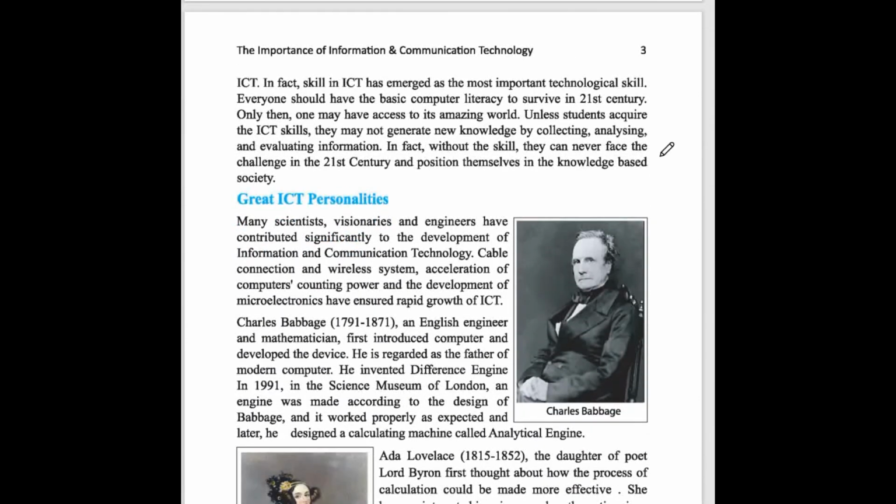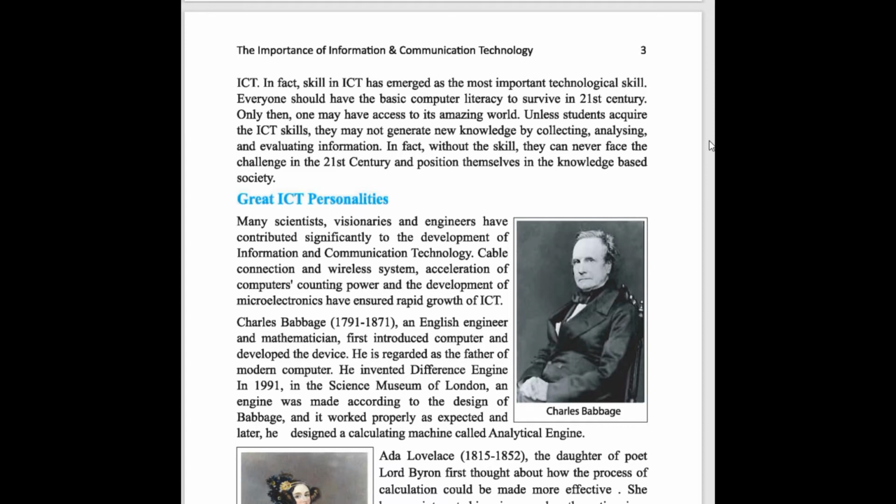In fact, skill in ICT has emerged as the most important technology skill. Everyone should have the basic computer literacy to survive in the 21st century. Only then one may have access to its amazing world. Unless students acquire the ICT skills, they may not generate new knowledge by collecting, analyzing, and evaluating information. In fact, without the skill, they can never face the challenge of the 21st century and position themselves in the